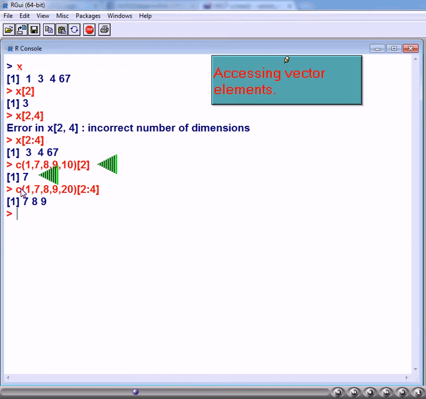Here, we are creating a 5-element vector with the values 1, 7, 8, 9, and 10. At the same time, I want to access the second element of the same, which is nothing but 7. This is also an example to indicate how we can use the square brackets along with the create function. Here, I am creating a 5-element vector, and from that, I am printing the second, third, and fourth elements.